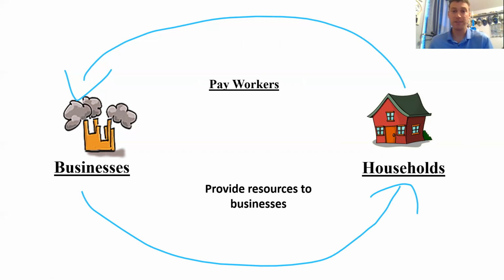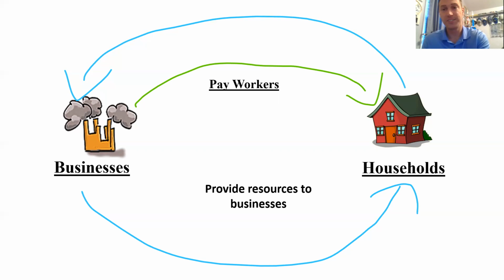The second element here is a little bit of other things going on. So businesses provide payment or pay the people of the household, pay the workers that maybe work for them. So if, say, your mom or dad has a job, that business pays them for their services. The other part of this, for not just paying workers, is that